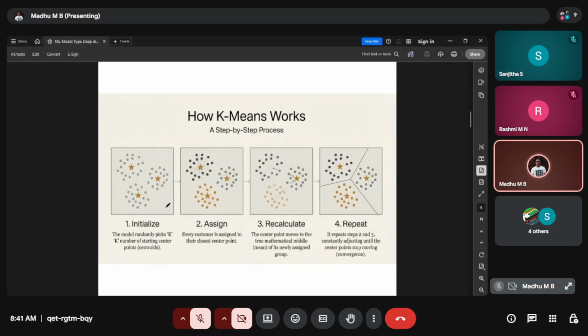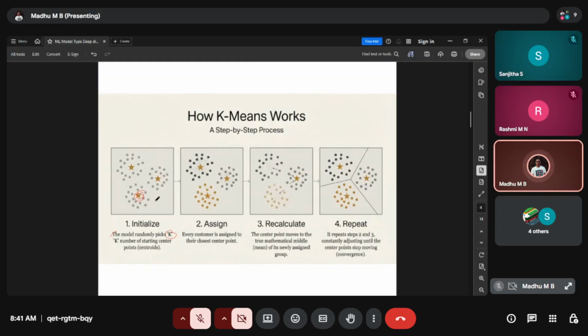Initially, how the k-means algorithm works is, it will identify the starting centers. The model randomly picks K data points. Here, let's take an example of customers.